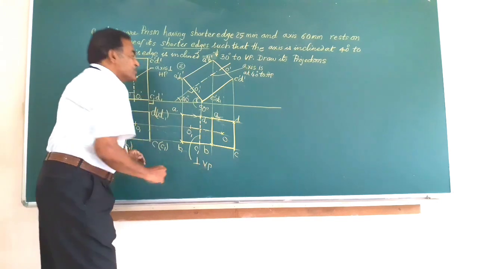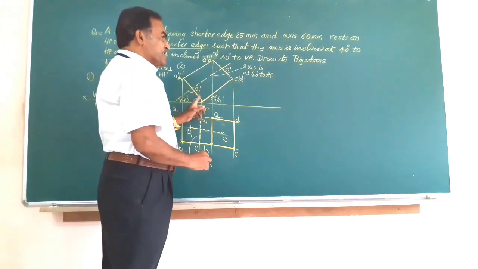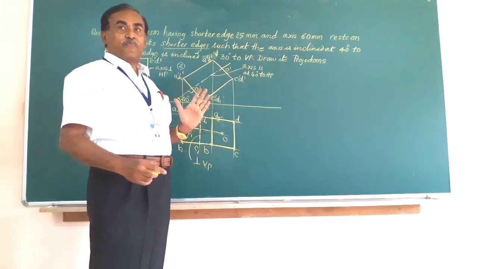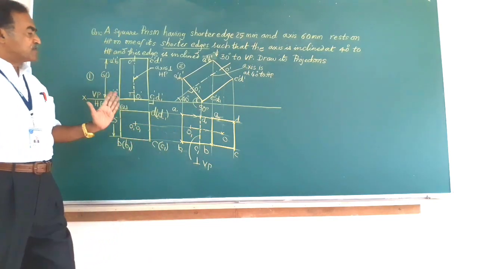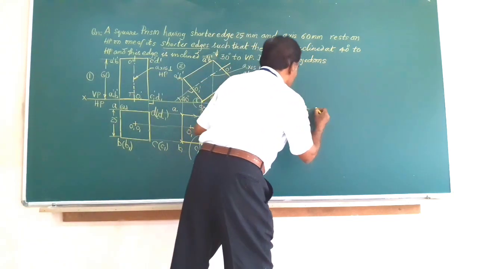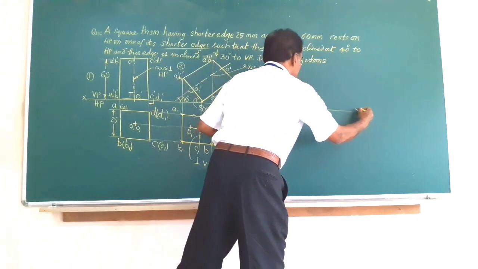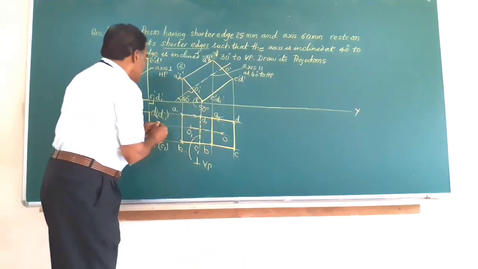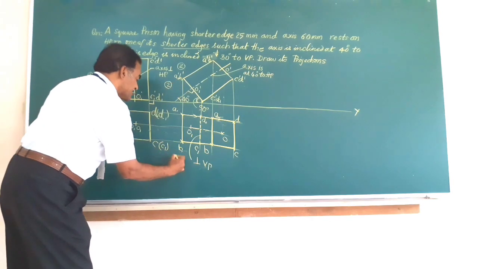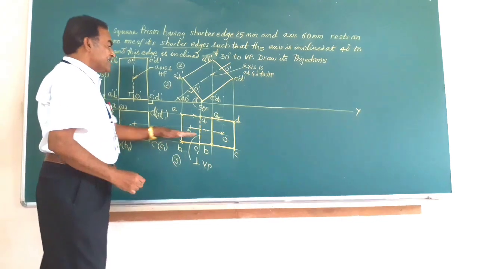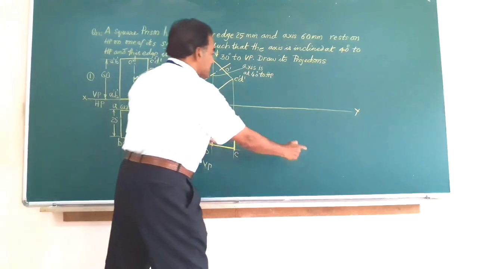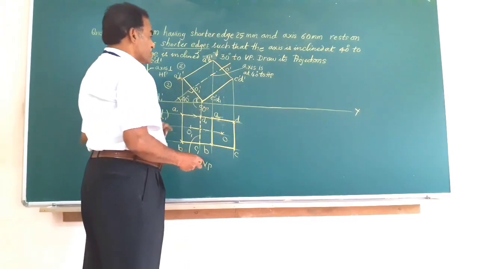He says, draw the projections when the edge on which it is resting, that is C1 D1, is inclined at an angle of 30 degrees to VP. So what am I going to do? I am going to redraw this figure, the top view, at an angle of 40 degrees. That means, if this is the XY line, I am going to redraw this figure. Let me name this, this is 1, this figure number is 2, we will call this figure as 3, the top view. I am going to redraw this figure such that the edge CD, which was perpendicular, gets inclined at an angle of 30 degrees to VP.